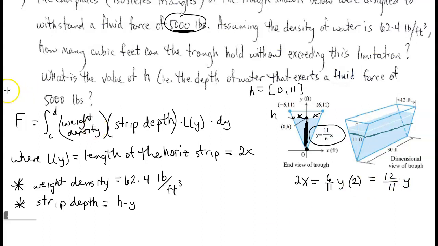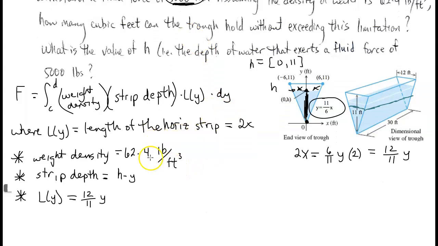Okay. So to say all that, we know here that L of y is going to be 12 over 11 times y. And of course, we'll leave dy to being dy. So now that we have all that, we can go ahead and apply everything to this formula here. So we got F is equal to,